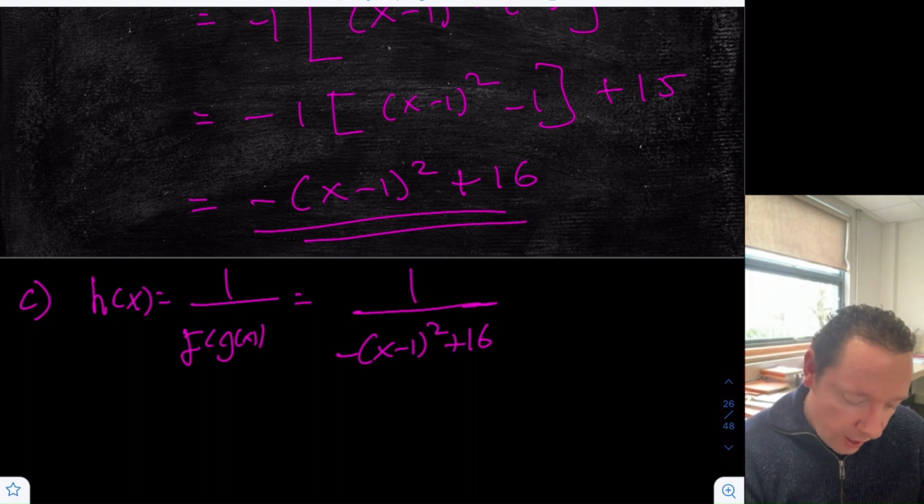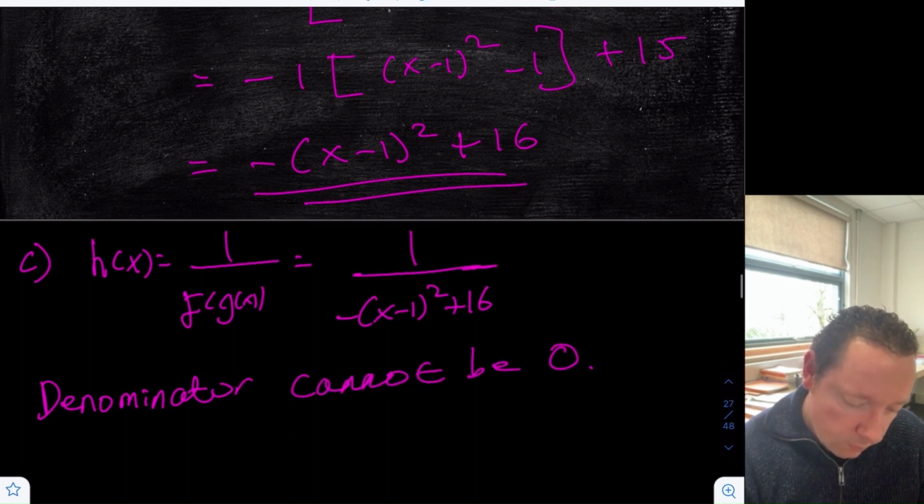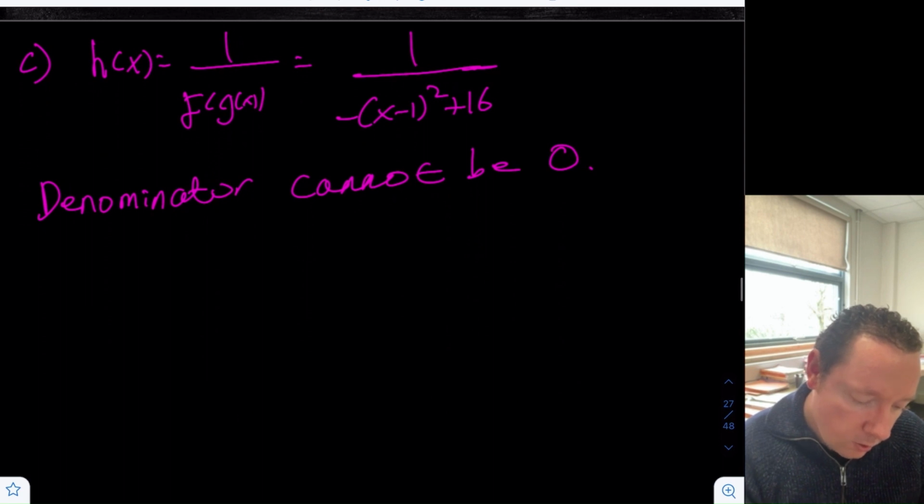So we can just write that for the domain, for that to be valid, the denominator cannot be 0. So that implies minus x minus 1 squared